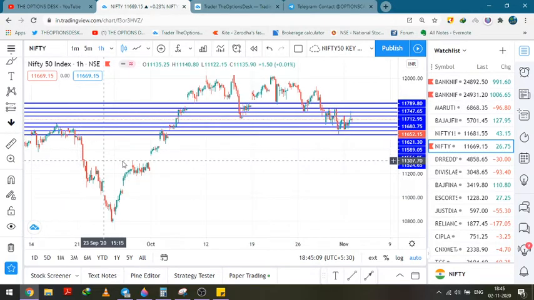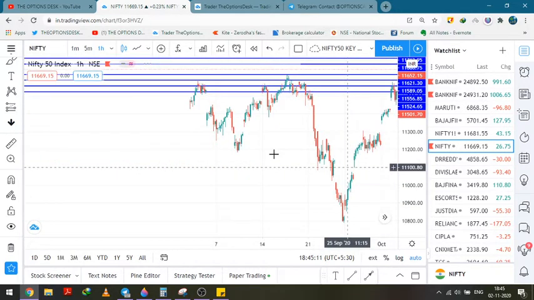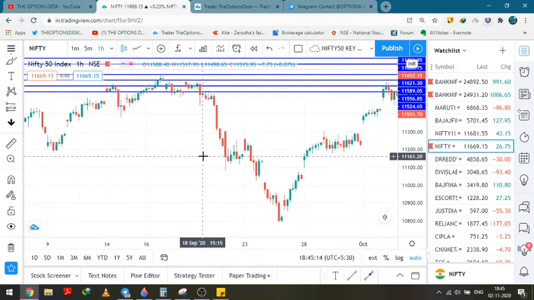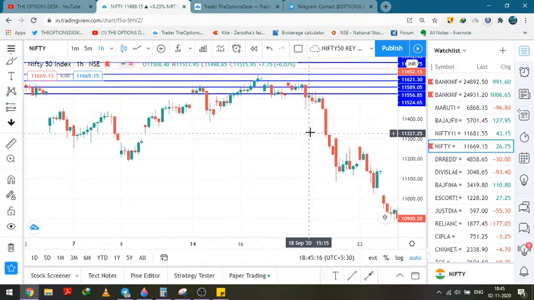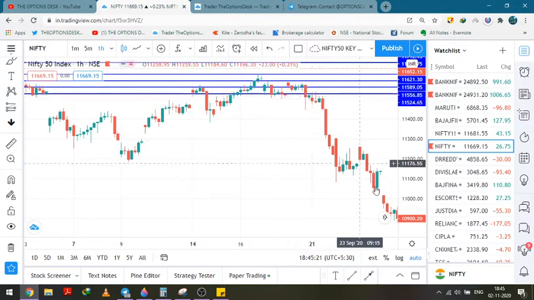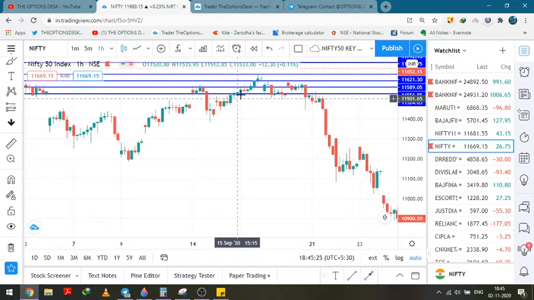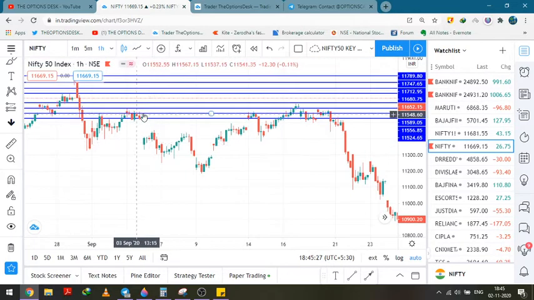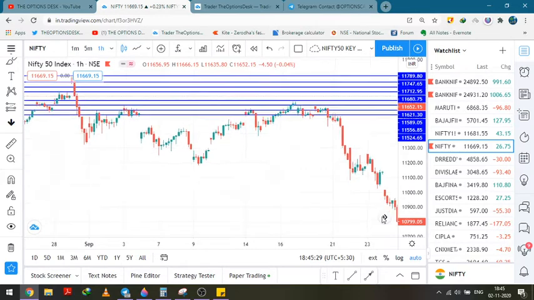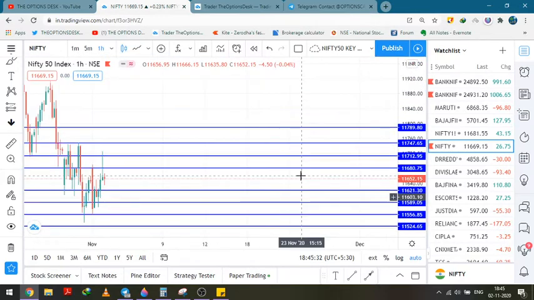As you can see, why have I marked 524? These are not randomly marked levels. I am going back testing and showing you. See, the market gave a breakdown, and the market then retested it. It did retest, and then it went down again. It gave a breakdown, went up, retested again, and then went on the upside. Again, there was a support zone at this particular point. So the levels that I marked are 80 to 90% accurate.